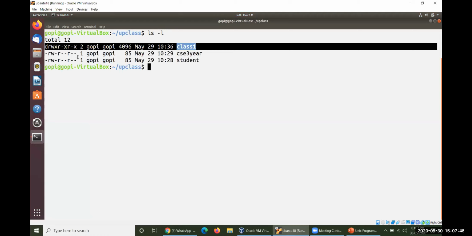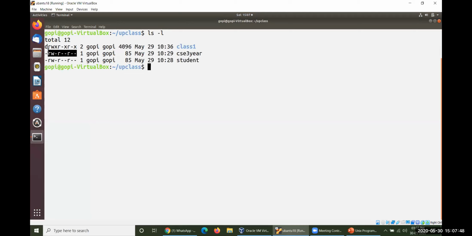However, I'd like to talk about something today. That is, how would you change the permissions of a particular file or directory? What is the command which is used to change different kinds of permissions for a file or for a directory? That is the main agenda today. And within one particular file, how you can display the data in a proper manner. That could be the second point I would like to mention here.